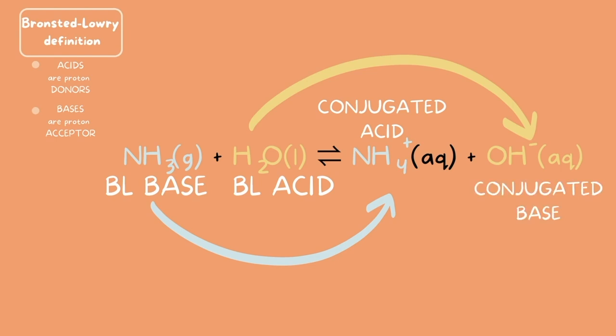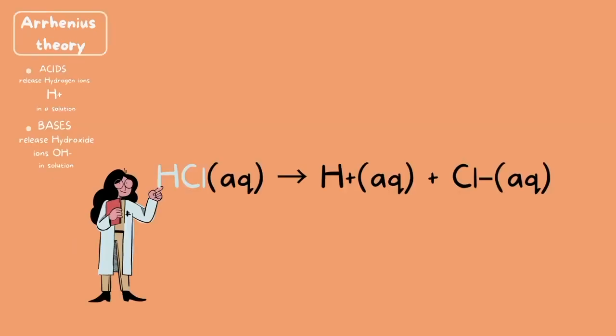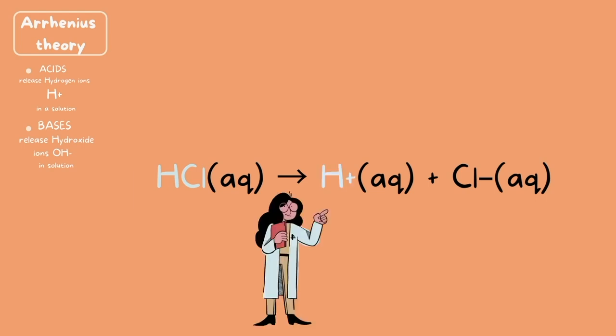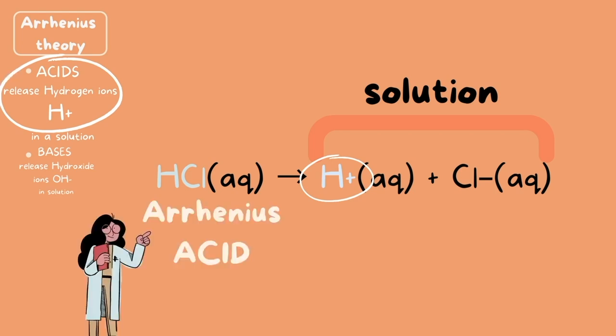Okay, let's go ahead and move on and look at an example of our other theory, the Arrhenius theory. Remember, Arrhenius theory states that acids release hydrogen ions in a solution and bases release hydroxide ions in a solution. In this example, HCl breaks down, or in other words, dissociates, into hydrogen ions and chlorine ions. What we're really interested in here is the hydrogen ions in the solution, because by definition, acids release hydrogen ions in a solution. So that means that HCl is our Arrhenius acid because it dissociated into hydrogen ions